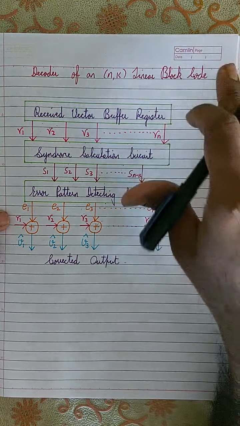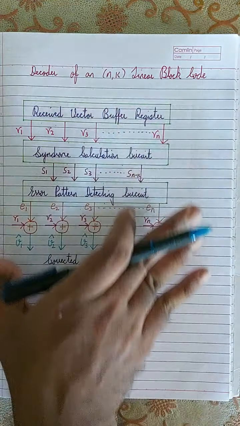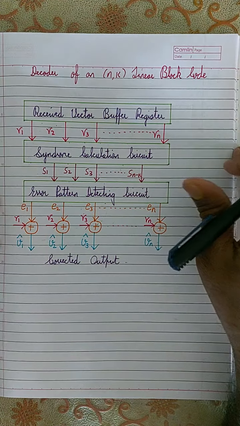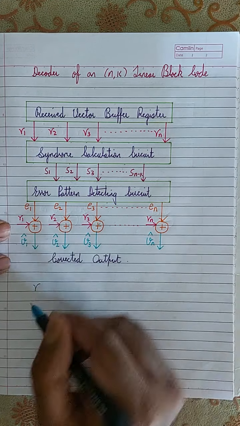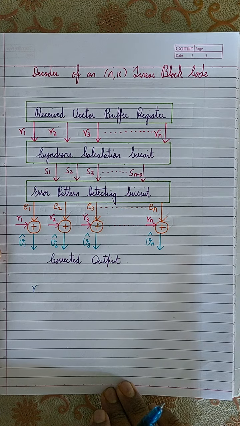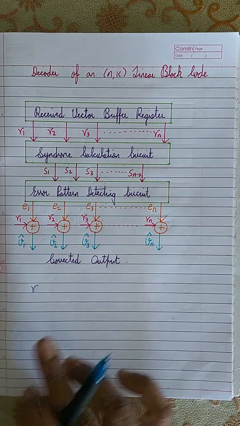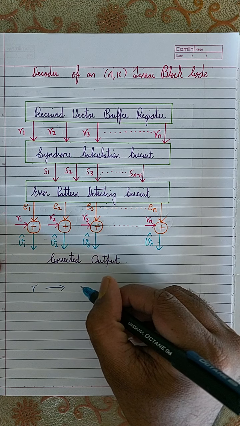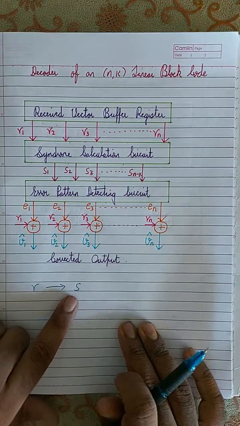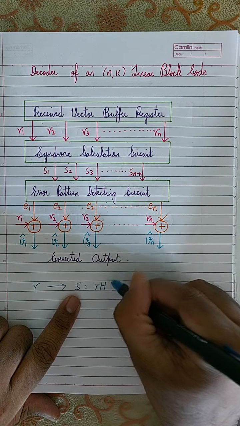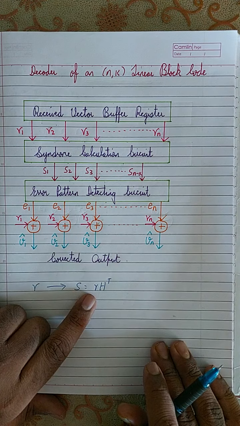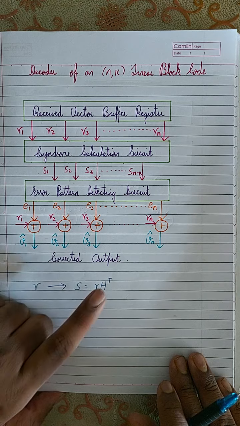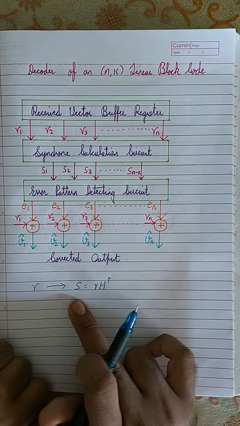So basically everything you have studied is summarized by this block diagram. We all know how we get the correct code word. First, the receiver will receive the received code word, that is R, R1, R2, R3 up to Rn, and from this received code word the receiver will calculate the syndrome. The equation for the syndrome is S equals RH transpose, where H is the parity check matrix, so H transpose is the transpose of the parity check matrix. It will calculate the value of S.